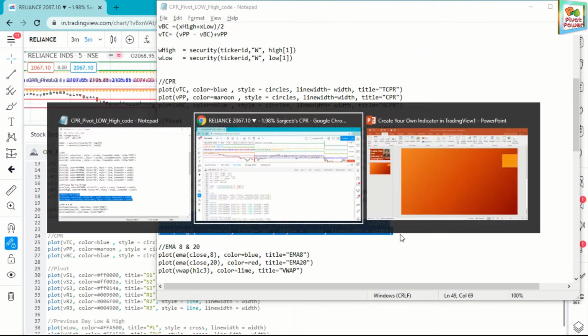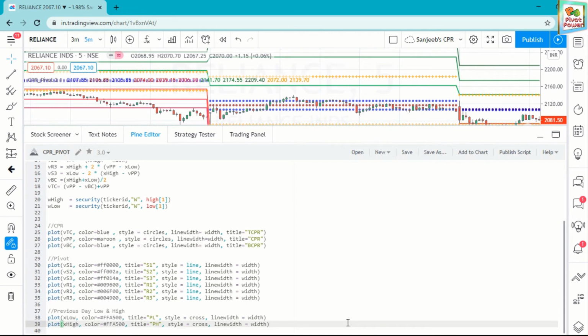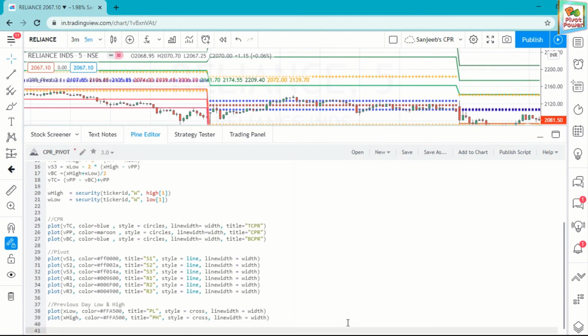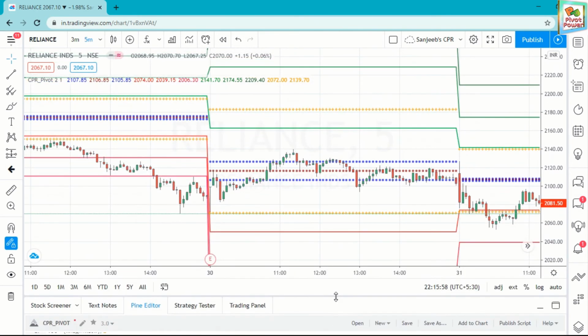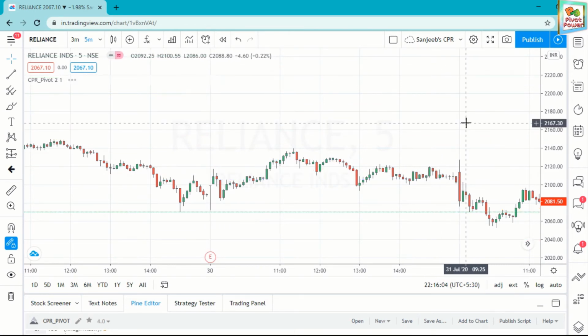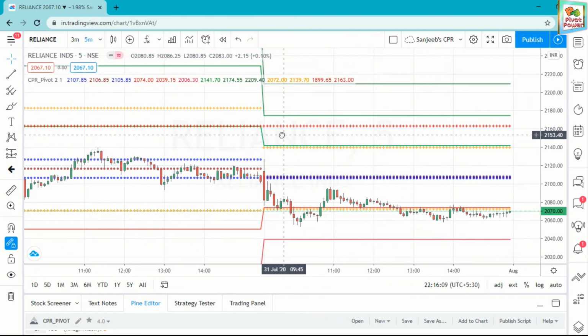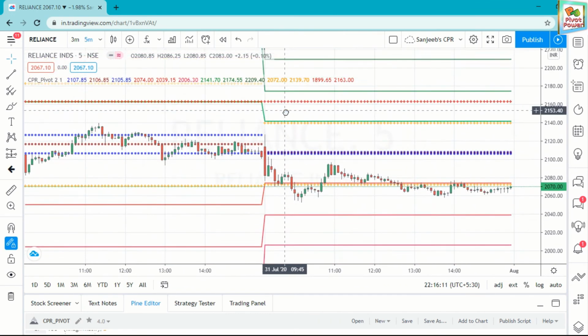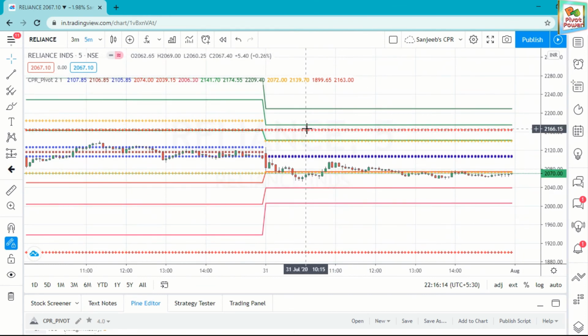You can add any indicator in this. Weekly low high, I have to save this. See this red mark. This red mark is the previous week low or high. You have to check. This is the previous week high.